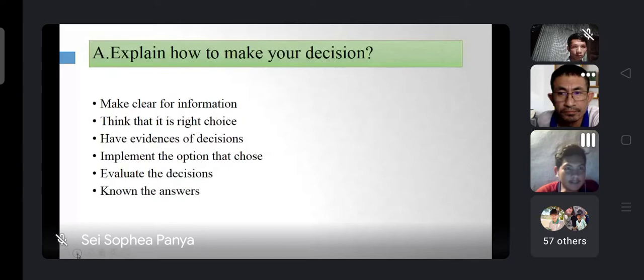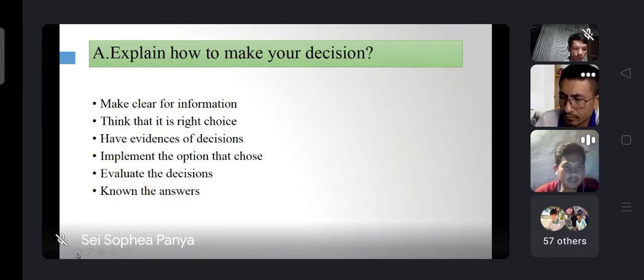The second one, think that it is the right choice. That means when you think that it is right, it makes it easy for you to select the good option. For example, you are looking for a job, and the interviewer will give you an option to choose. So if you are not clear, you will select the wrong option. The third one,